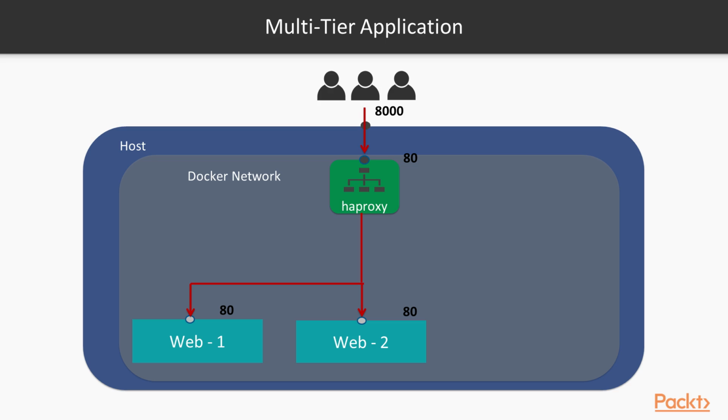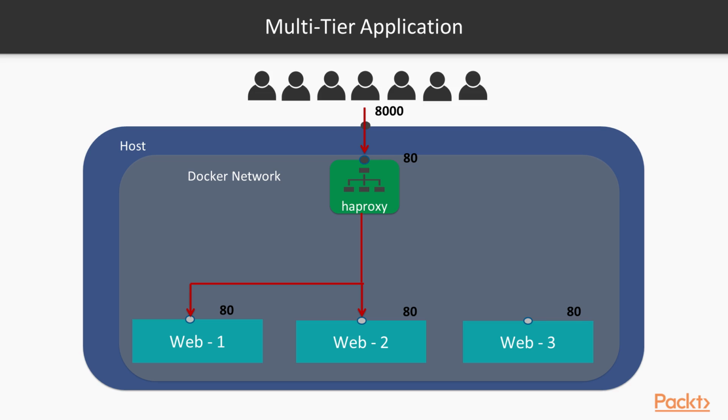And if you feel there is much more load and you need to spin up one more instance of the web application, we can still go ahead and do that. So we would spin up a web 3, which would also be listening on port number 80. The Docker image of the web application is used to spin up these 3 instances of the container. They are all replica containers.